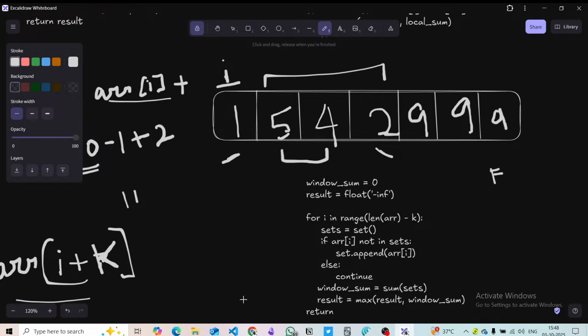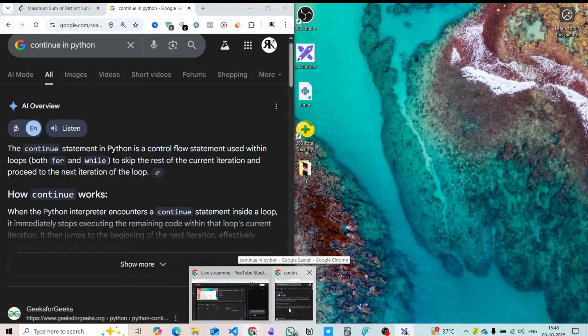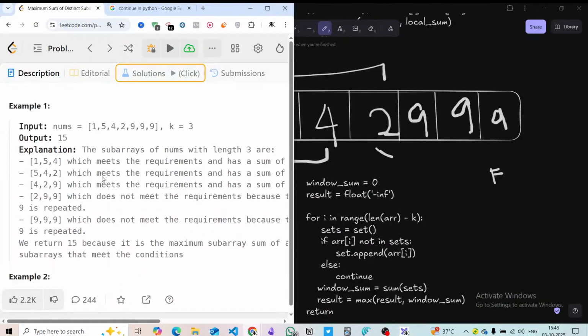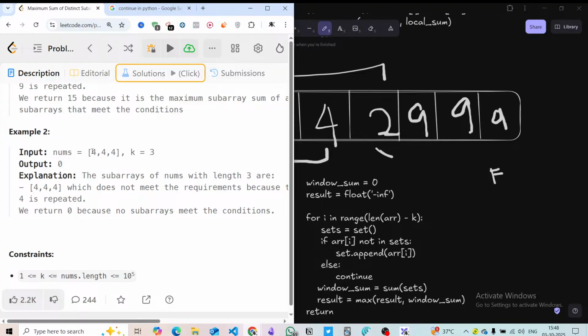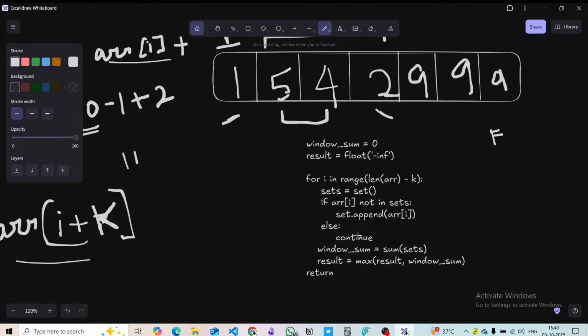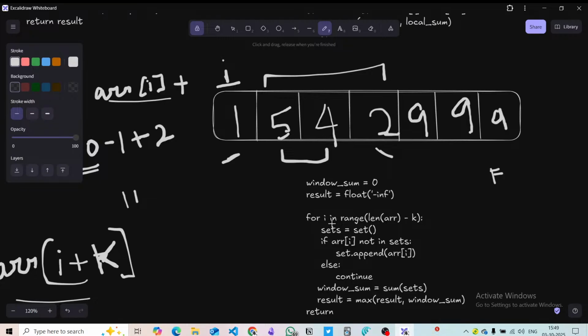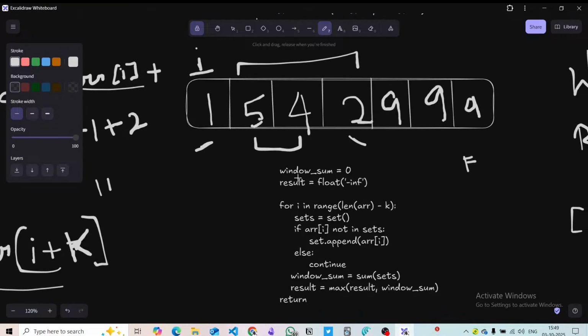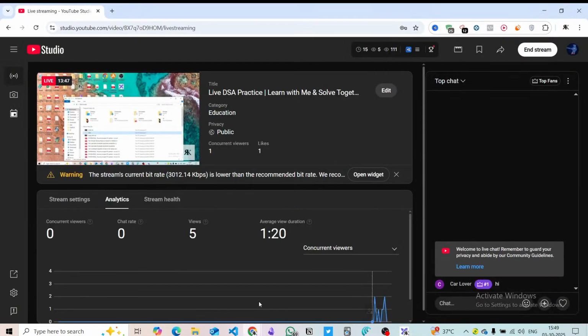But the problem is, in the given test case, let's say in test case example two, the distinct numbers are in the first window itself. So this is the problem we have. It's slightly tricky in here. If we find a way to somehow calculate the first window size without repeated elements, I guess we can find a solution here. So how can we approach this? If you guys have any,